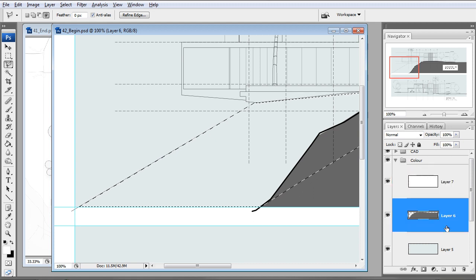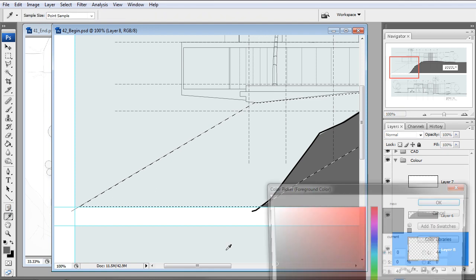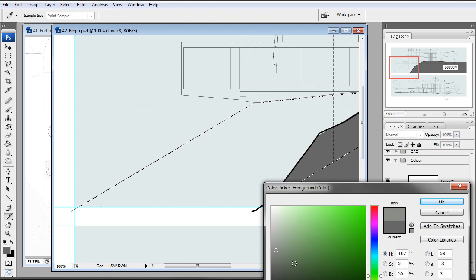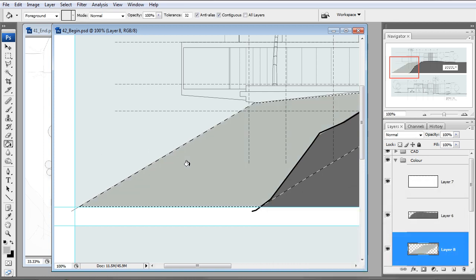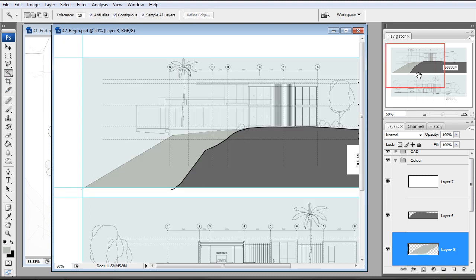There. Now I'm going to create another new layer, and I'm going to make a lighter version of this, but also we can add a little bit of green, even though that's not the best color to use. You can add a tiny bit of green just to show that there is in fact a slope in that place. So now what you want to do is delete the blue color where you have the house,